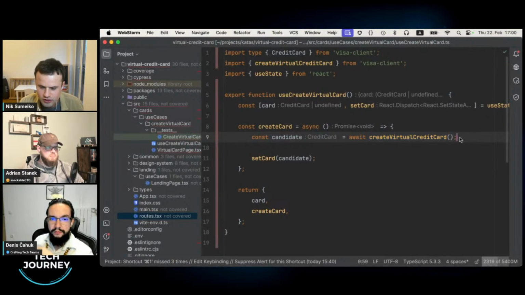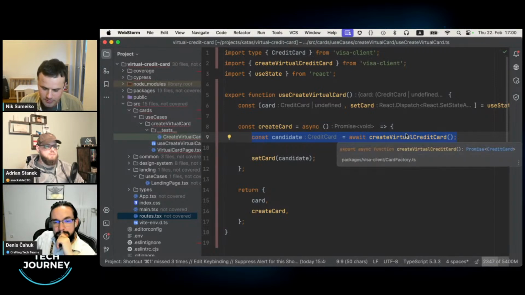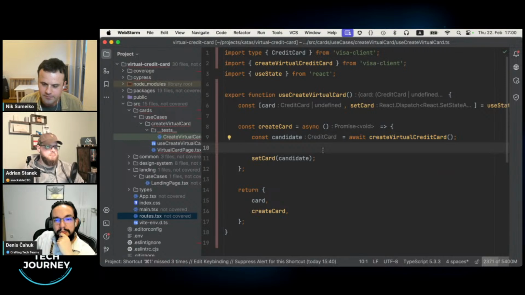Okay. So I will therefore abstract it away and even unit test it separately. Even if it's so simple, I will do this anyway. And for that purpose, I will create something like this.